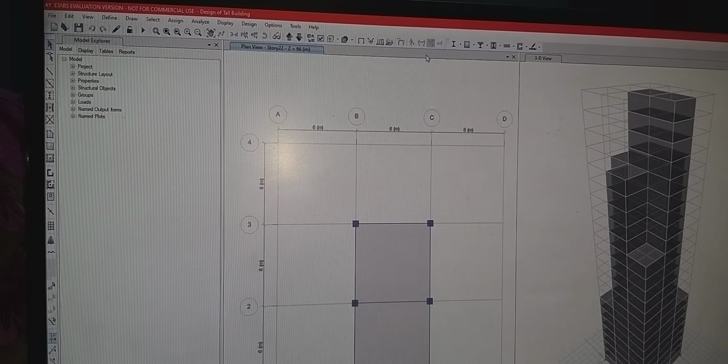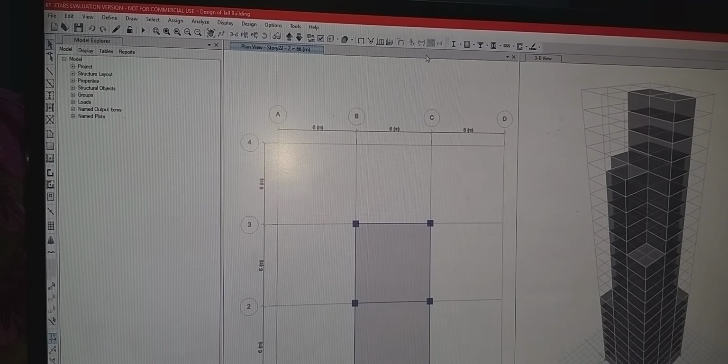After that we will keep the site type as second, and the importance factor as 1, and we will ensure that the time period is program calculated. Now we will click on OK, and again OK. Now after this we will define the function. For this we will go to the define menu, click on function, and click on response spectrum. Here we will ensure that it is selected to IS 1893 2002.